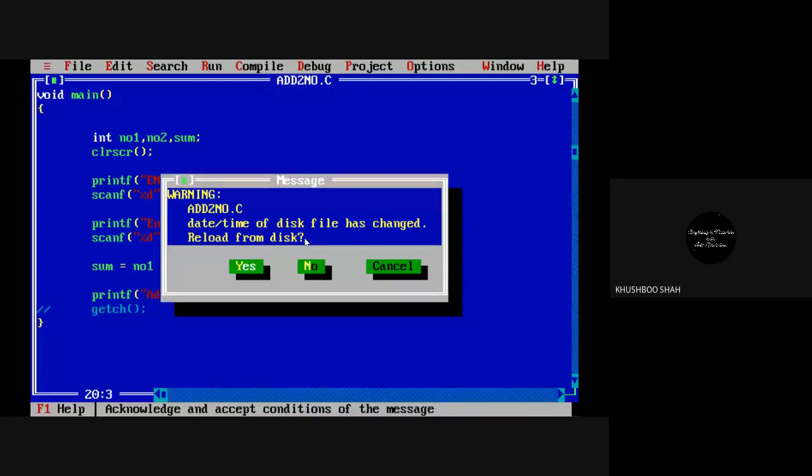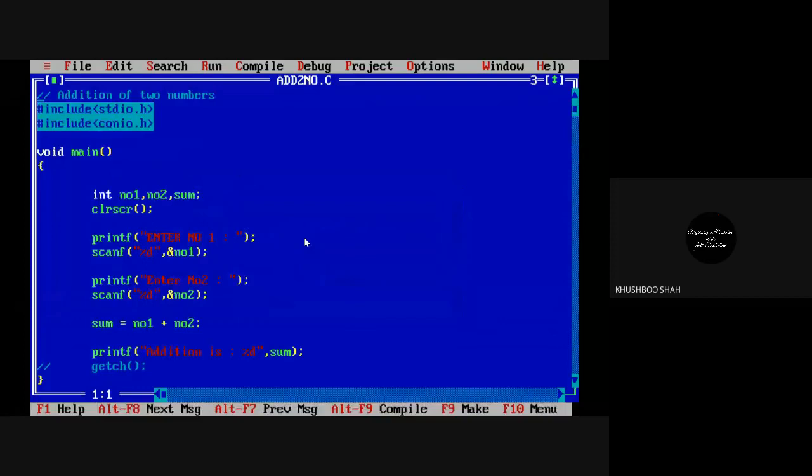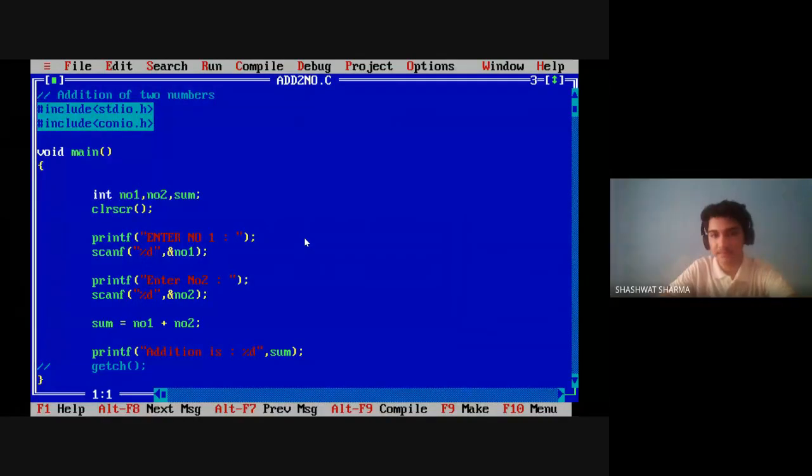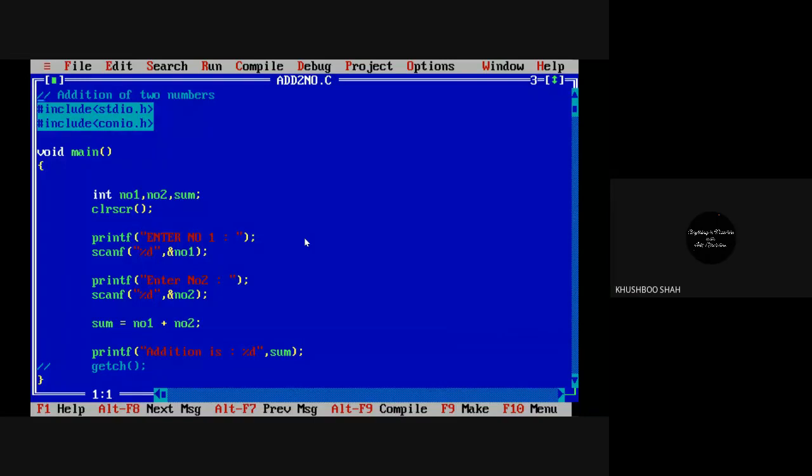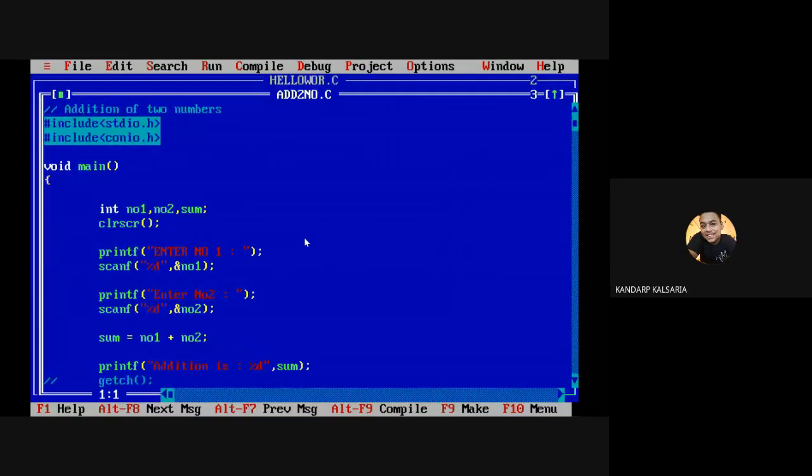What happened, guys? The addition result did not come; it did not display the output, right?